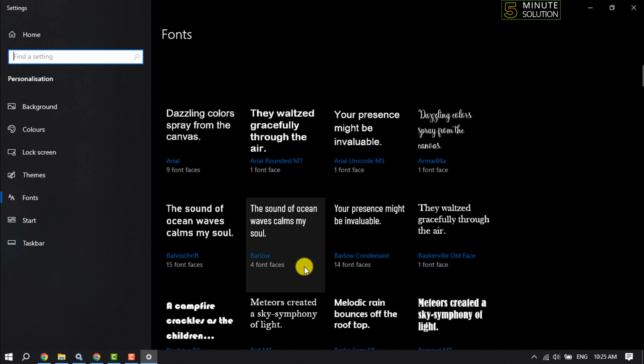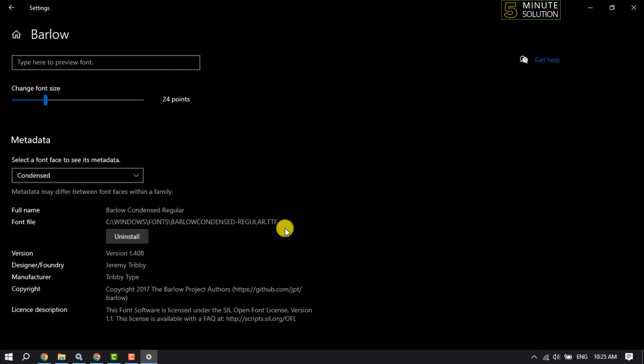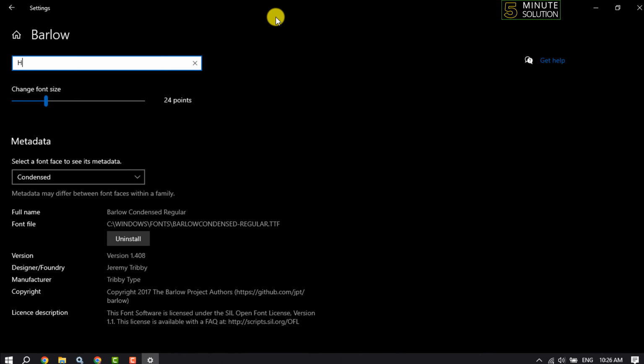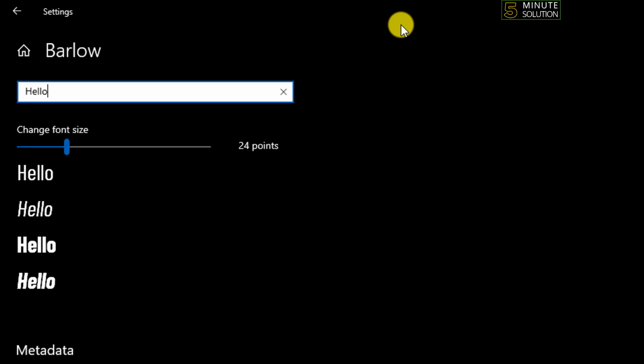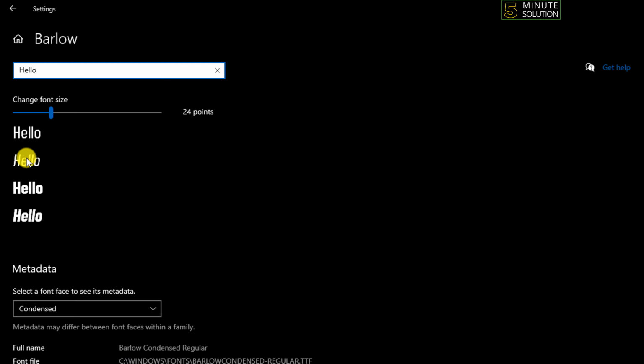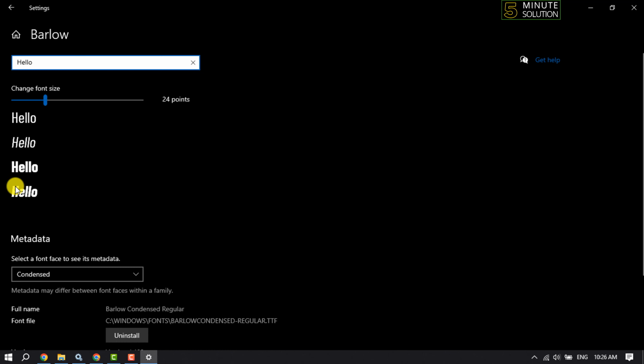Let's click on Barlow, and in this box type a text to see the font preview. Here we can see font previews. Now all you need to do to set this font is note the font name, and then